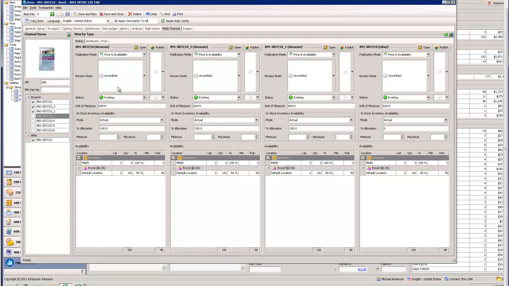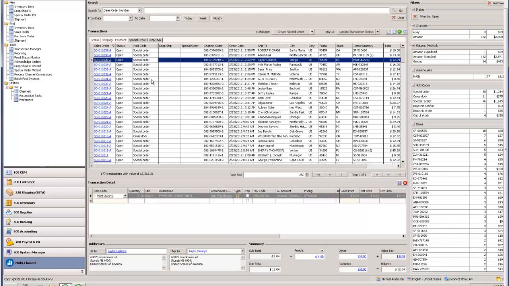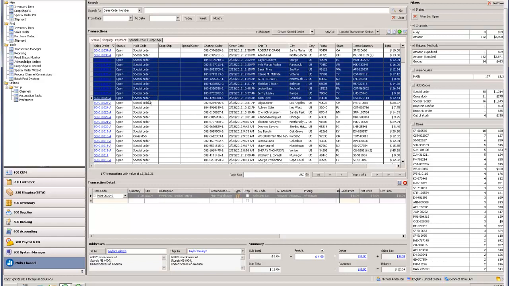Now that's just the item publication, and when we get into transaction management, we've built a high volume transaction manager here that allows you to be able to see all of your orders across multiple sales channels. You can filter. This entire right hand column is a filter, so you can filter by shipping methods, by the hold code, which is the next logical step of fulfillment within dealing with these orders. So you can deal with one or many of these at a time and go and do the next logical thing,